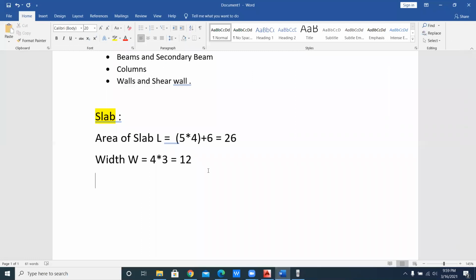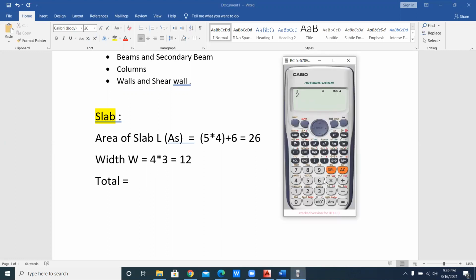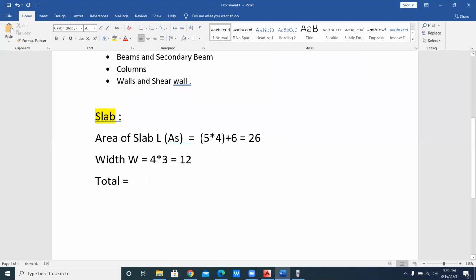Now total, how much total we get? We get the area of the slab. You can see that area of slab into length into small area of slab. Okay, so what is basically width? Width we can say here that is width 4 plus 3, so we can write here 26, that is 26 multiplied by 12. Okay, that is 312. Okay, 312, that is slab 1. You can say that slab 1. Now for slab 2,